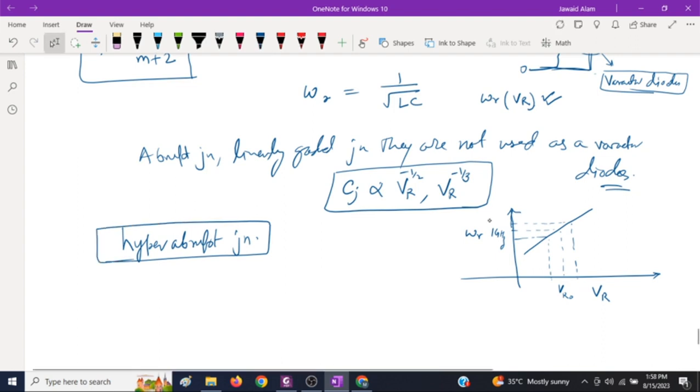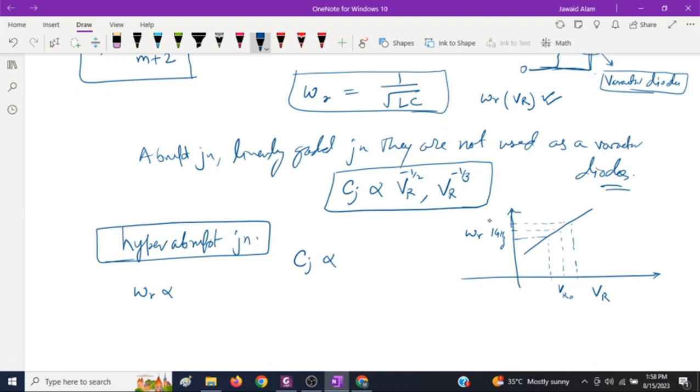That means if we want omega r to be proportional to VR, from this equation we must have Cj proportional to VR to the power minus 2. This implies that n is equal to 2, and this implies that